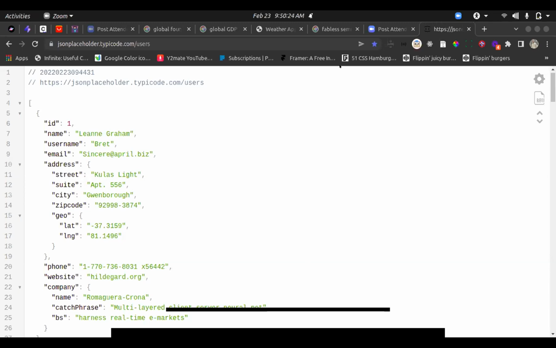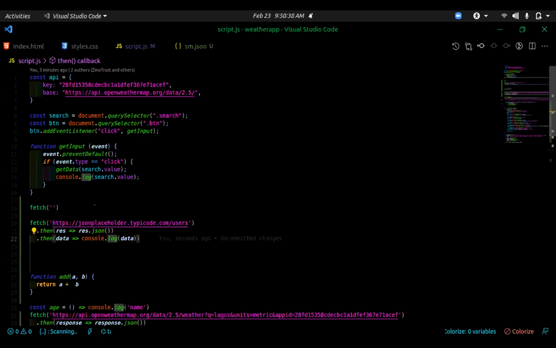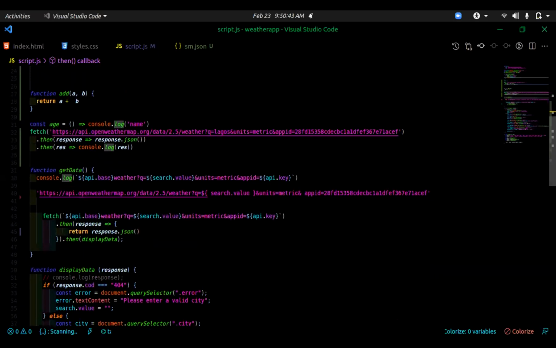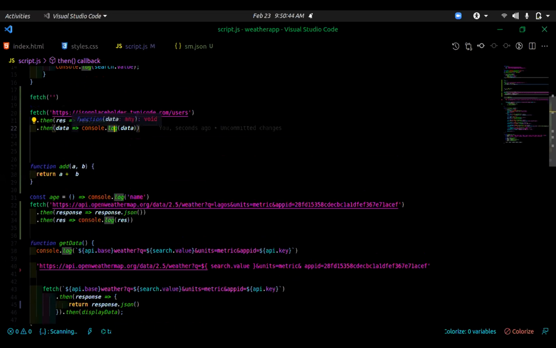So essentially, you have all of this data, right? And you're wondering, okay, I cannot just put this data on my website and be like, bam, okay, this is your data. You probably want to display them in a particular way, right? So this is how to go about them. What we are doing here is we are returning data, right? Where is that part? Okay, so let's say for this example now, we have